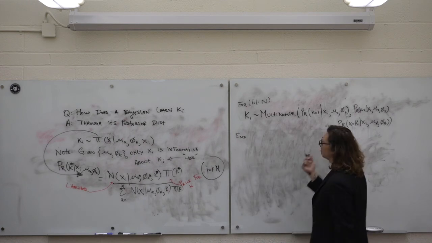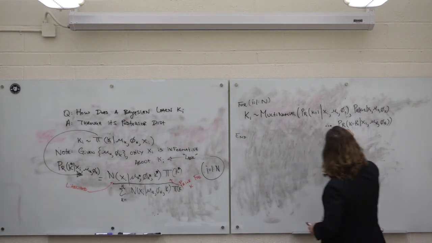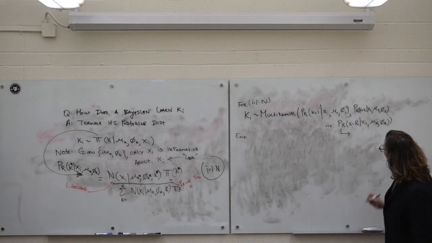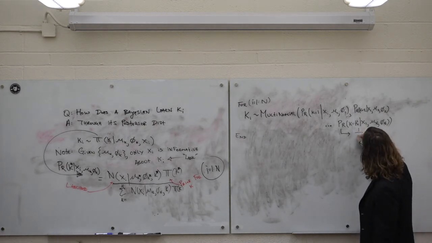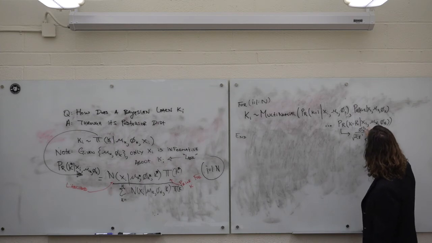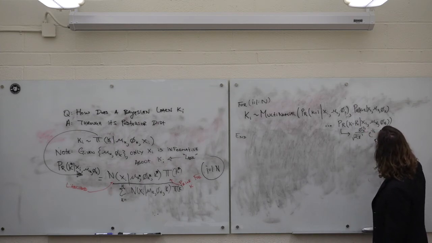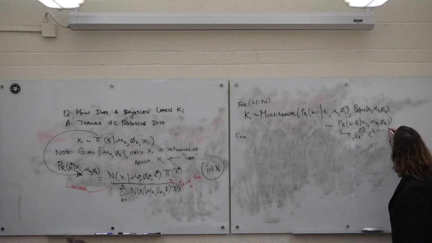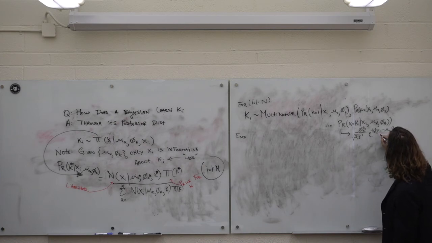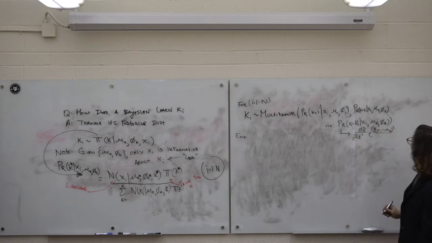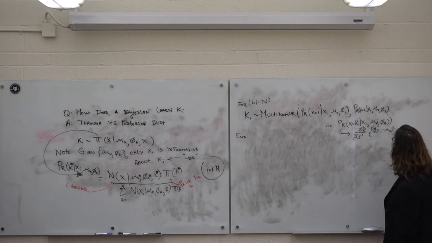Let me write down what this probability is for your specific example. For cap K, it's going to look like this: 1 over root 2 pi, phi K to the 1/2, e to the minus 1/2 xi minus mu k squared, divided by, oops, I'm on precision scale, so I'll go phi cap k. This is cap k. So this is my likelihood times my prior,